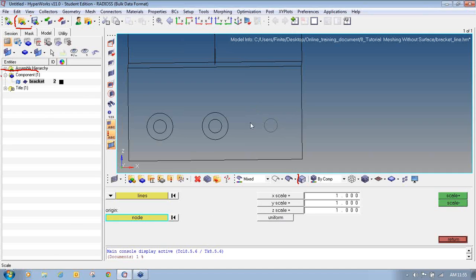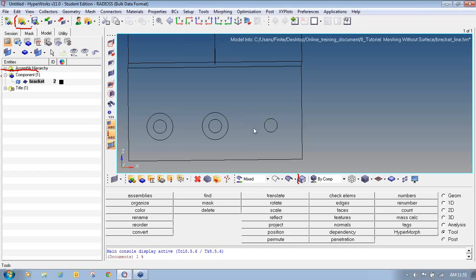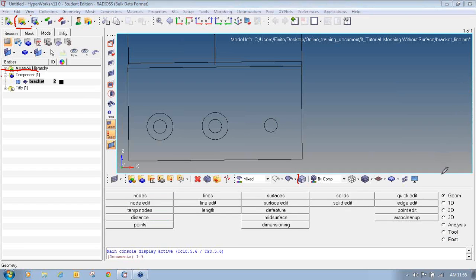So before going further, I need to create a circle center, and with that circle center as the origin, I will generate the third concentric circle around this hole. So I will first go to return, and first of all I will need to create a circle center. So to create the circle center, I will go to the geometry page.